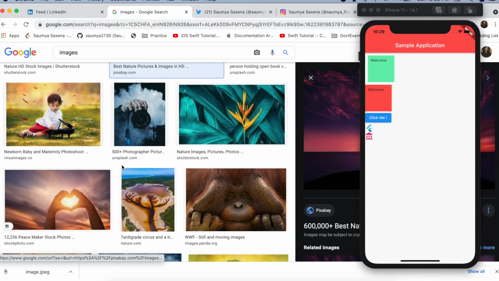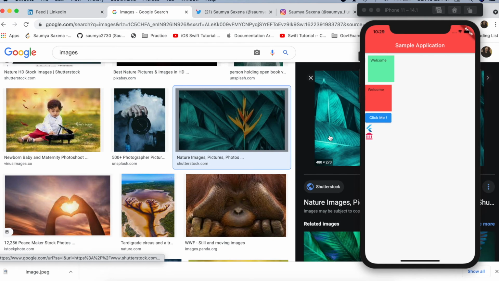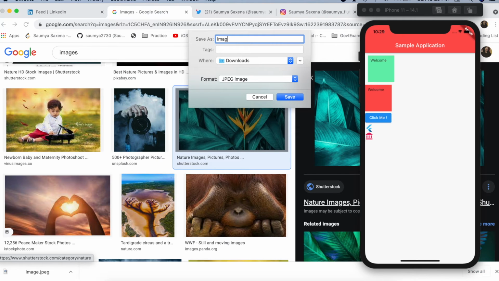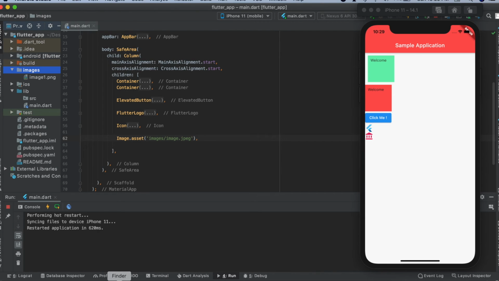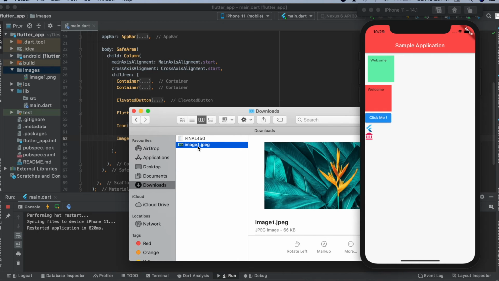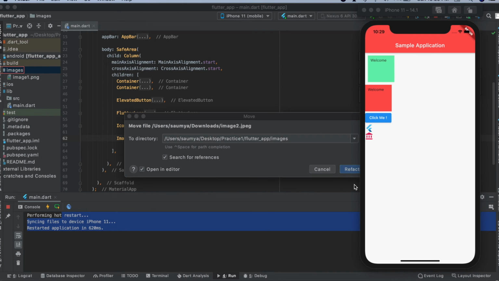I'll just use another image for you. Okay, let me take this image. I'll save it as image1, and where is it? This was also image1, I guess. Yeah, I'll rename it to image2 and drag and drop it in this images folder.